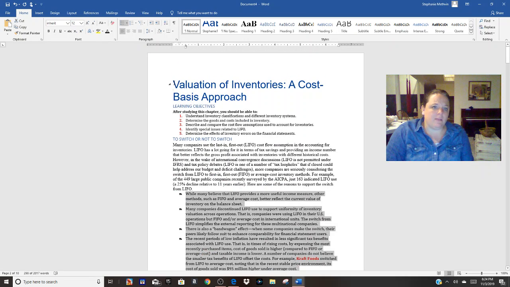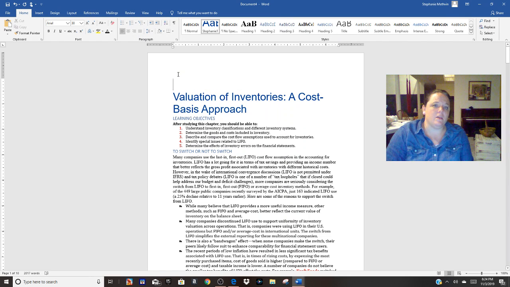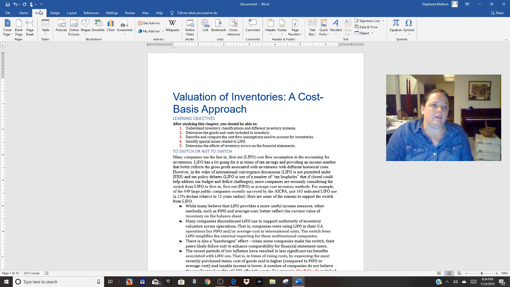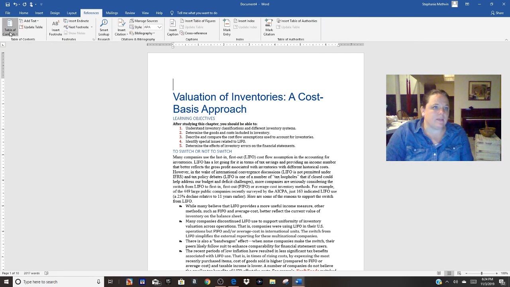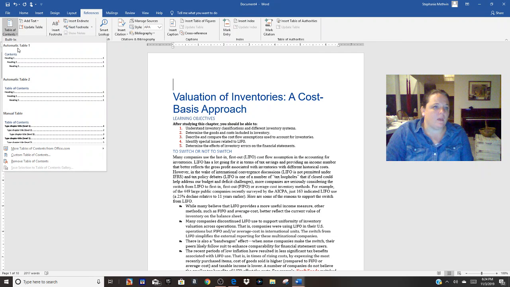I could insert a table of contents. I'm going to put it at the front. I'm going to hit enter here. It might be under references. Yeah, that was on references. References, table of contents. I'm going to put an automatic table.